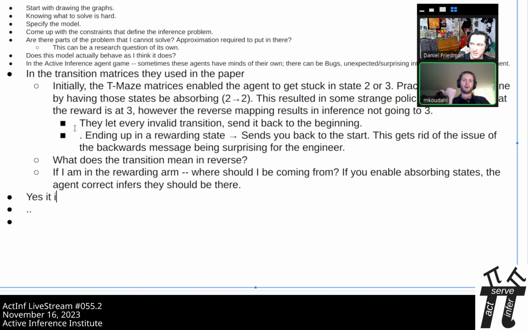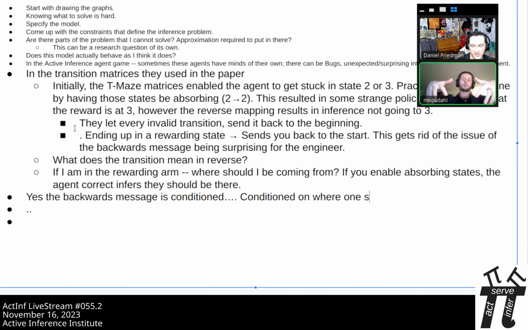You're doing everything backwards, so it is conditional on where you should be in the future. You can think of the forward rollout approach as saying, well, if I am here and I do this, then I go here and so on and so forth. Then you have this large tree that expands to where you could go. And then you look at all the places you could go and you say, well, that one, that's the one I like.